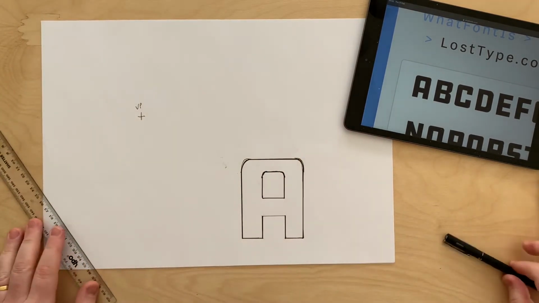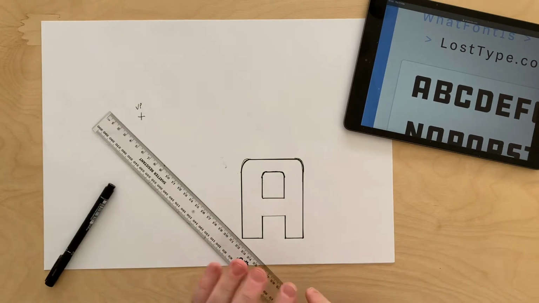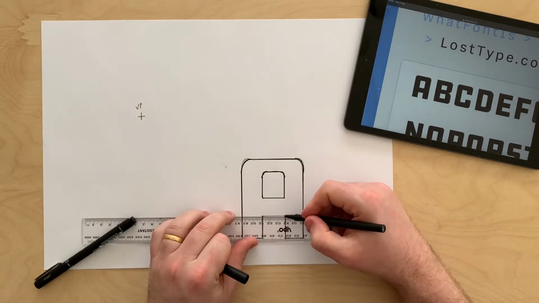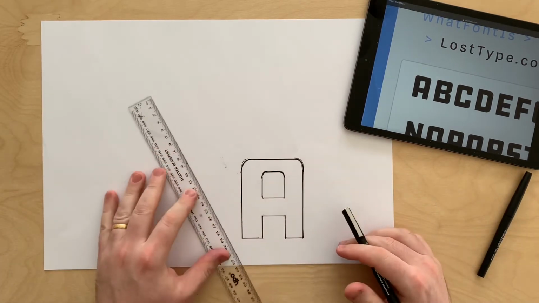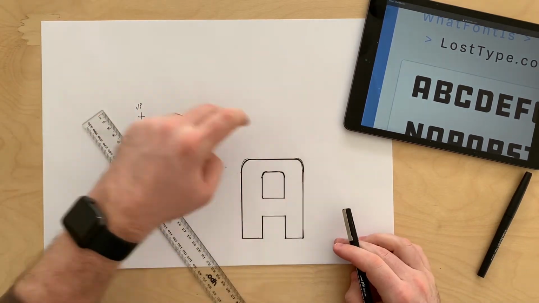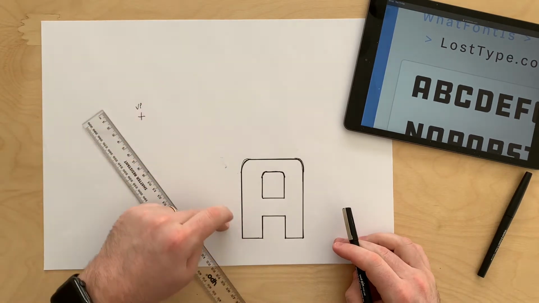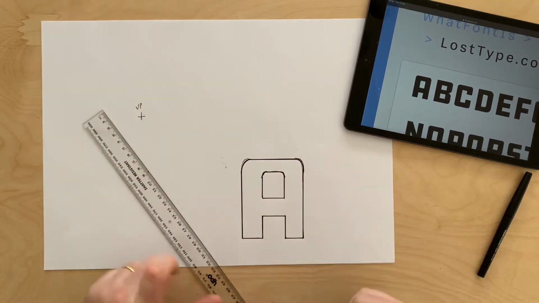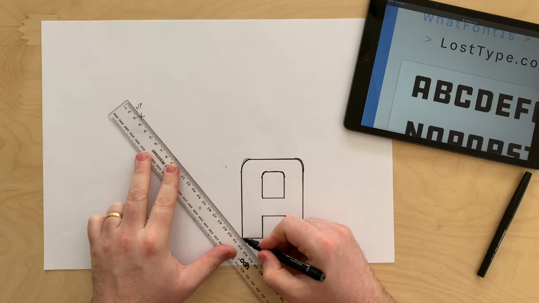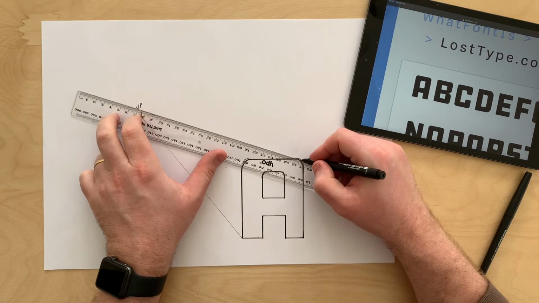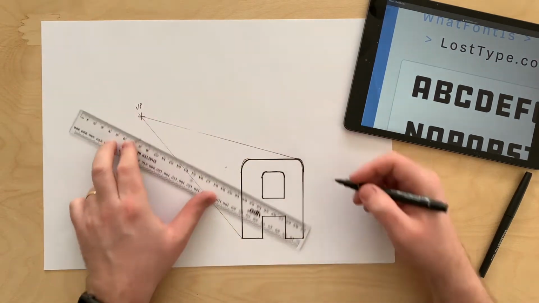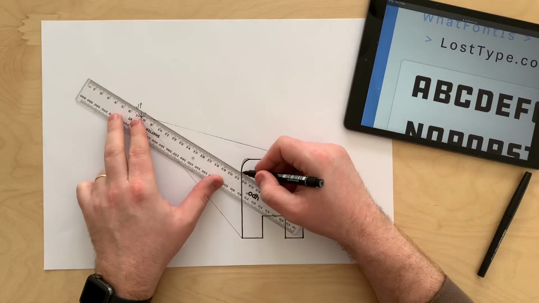So now what we're going to do is take all our lines to the vanishing point. Oh, got that little outline there. So on this one it's slightly trickier to understand, but if you take all the points that you think are close to the vanishing point, as in all the corners and edges that you think are close to the vanishing point, you should be okay. Worst case scenario, you could probably go and find a video online about how you do it for the individual letter. I'm going to take those two,